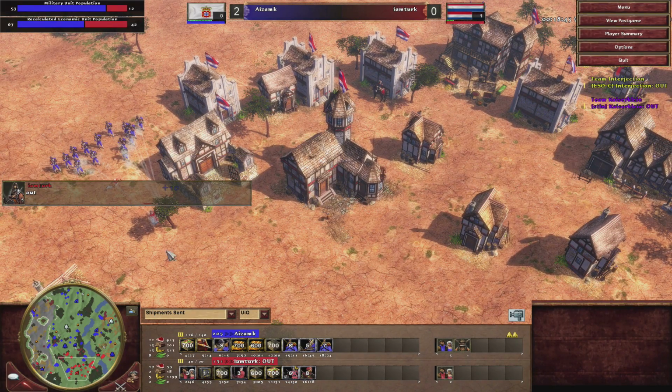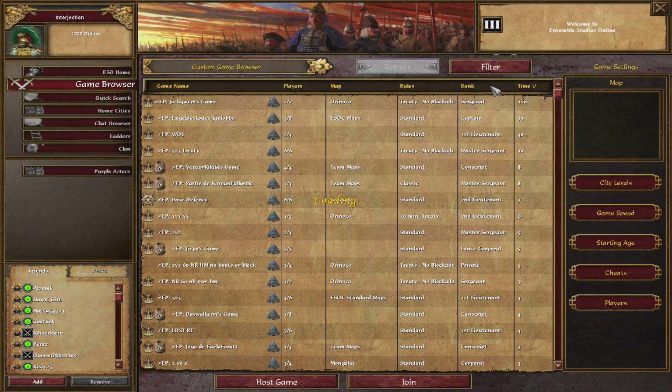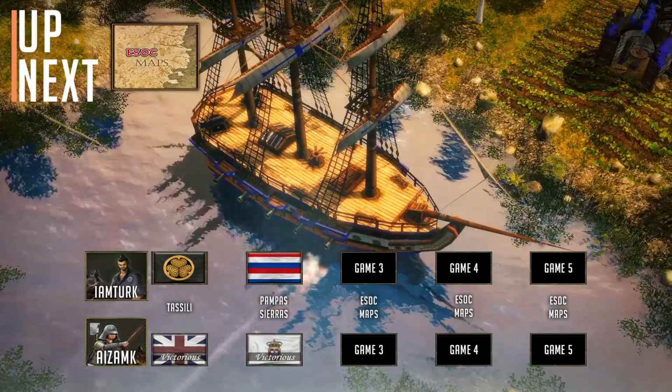I will follow them out. I quite like this as a format, just casting sort of random games on ESO. It's kind of fun. I wonder if they'll play another one. I think I saw that the winner would play against Yumiyu,